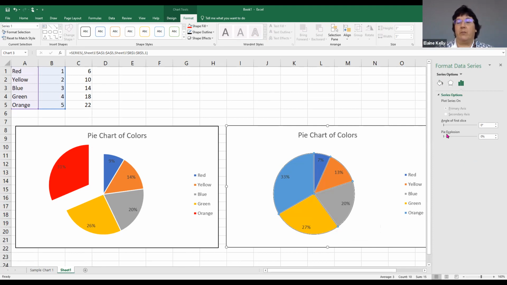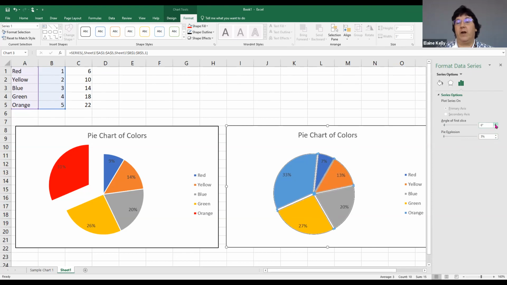You'll notice that we have our pie explosion. This is if we wanted to take all of our wedges and bring them out a little bit. I can change that 1, 2, 3. You can see them separating just a tiny bit more. All right. But then I want to take this 7% and rotate it a little bit more. Right now it assumes it's 0. I can actually change this number to,